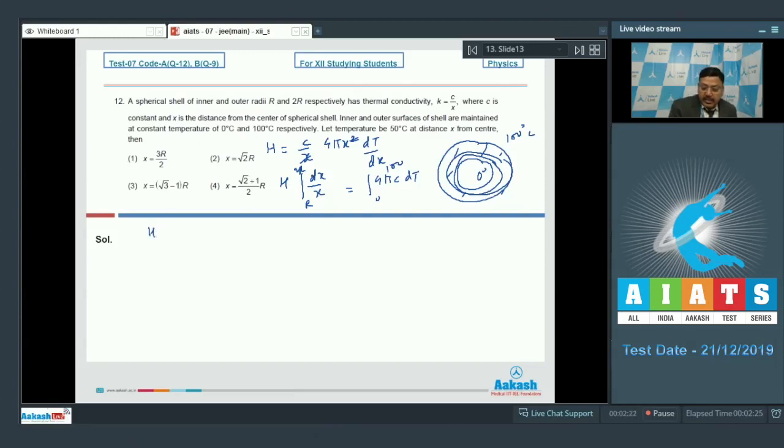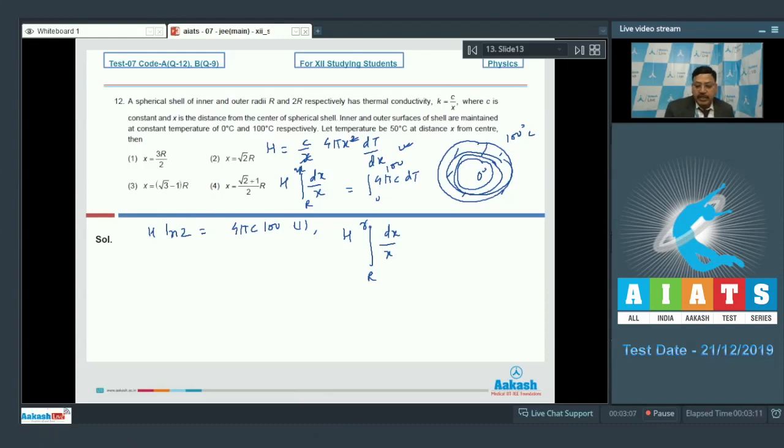So we get H, this will be ln x, and putting the limits, it's ln 2, H ln 2 equals 4 pi C into 100. So this is one expression we already have. We have to find x at which temperature is 50 degrees C. So we again use this equation, and the value of H is now known. So the expression is H into dx by x, where x goes from R to, let's say, small r. The value of small r is what we have to find,